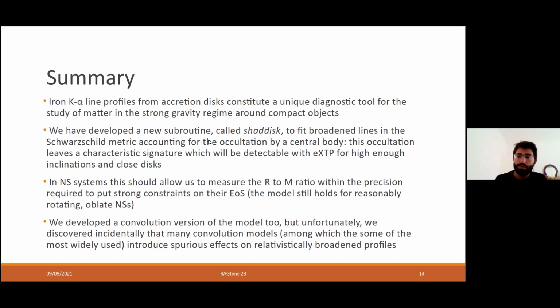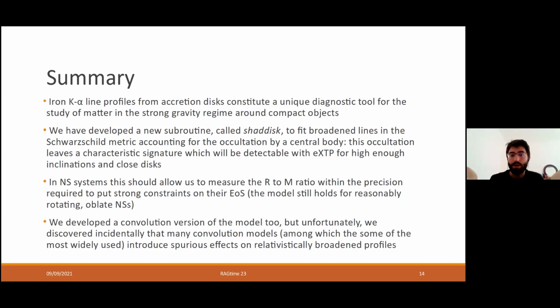We developed a new model which is called shed disk, and this can fit in the Schwarzschild metric the emission for any given iron line that is occulted by a central body. Now, this body can be the neutron star surface, but actually, if you think large enough, you can think of optically thick coronae, both around neutron stars and